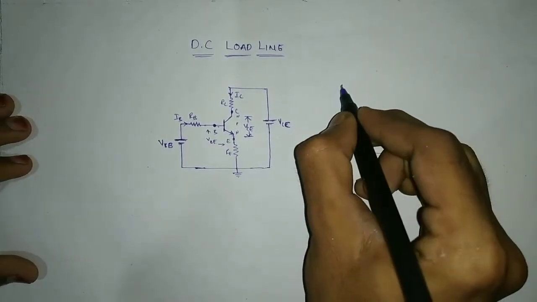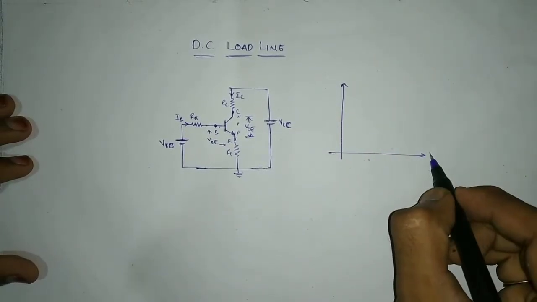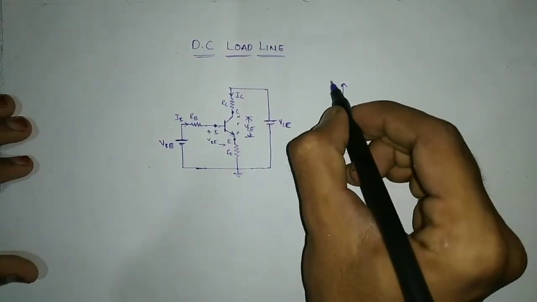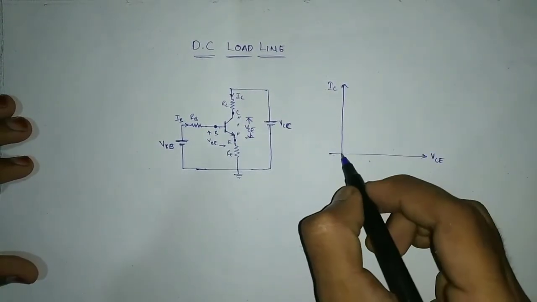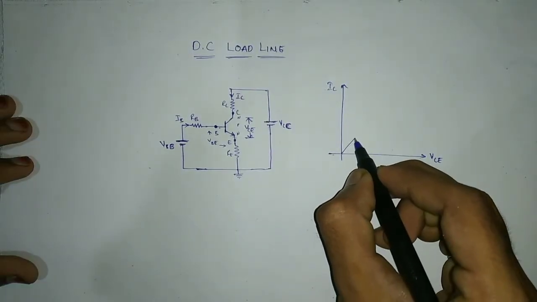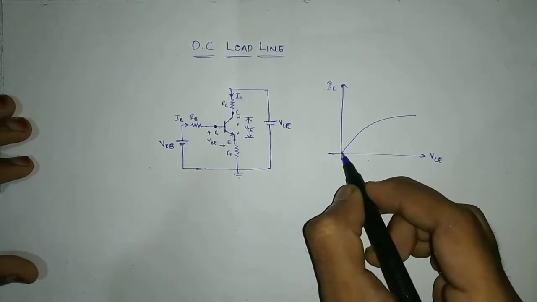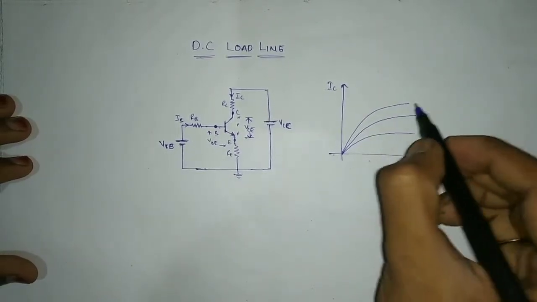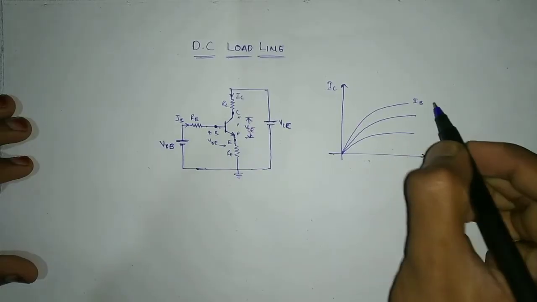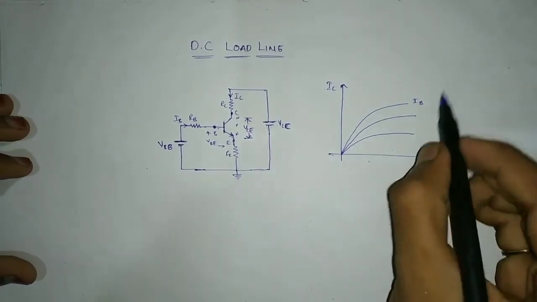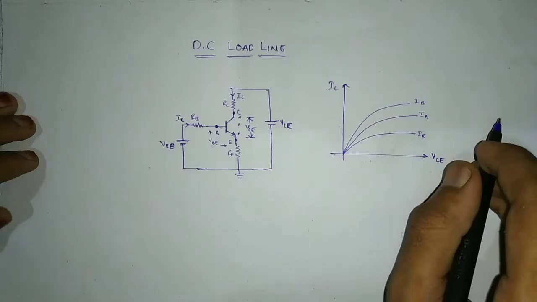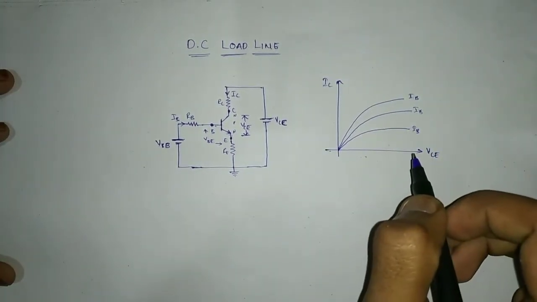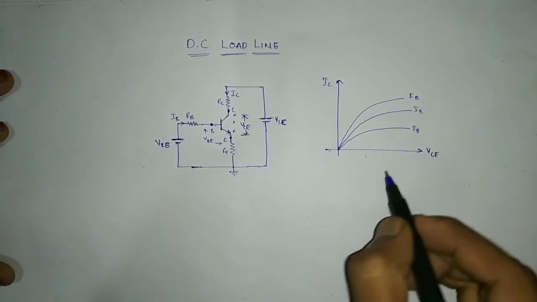So let us assume the output characteristics of a transistor. This is VCE, the output voltage, and IC, the output current, and the output characteristics will look like these curves, at a constant input current, that is IB. Okay, keep it aside. Now to draw a line, that is the load line, on the output characteristics curves, we have to